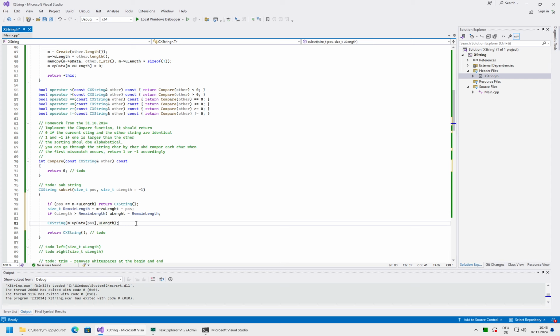And you can remove line 85. And you need the return, of course. So you need to put return before your constructor call.